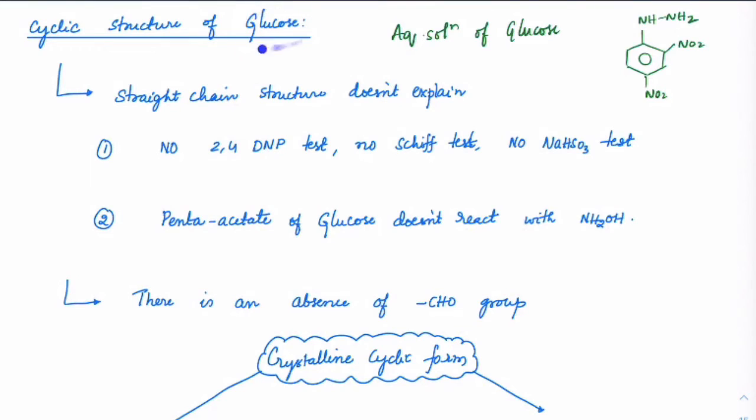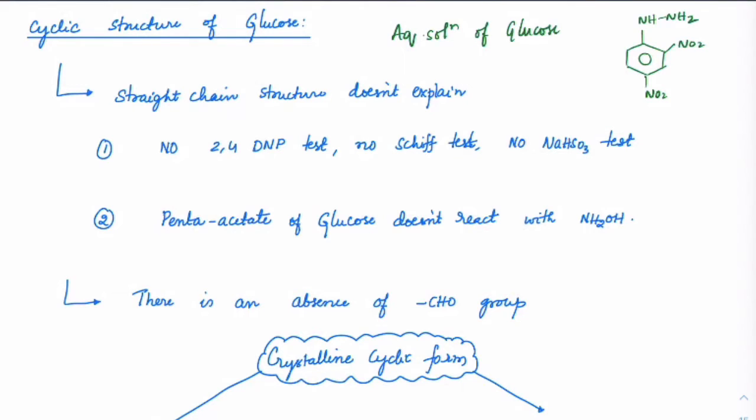Well, glucose does have an aldehyde group, but this test was hardly observed. Okay, I can say almost a negative test. No Schiff test. The Schiff test was the observation for aldehydes. Remember, NaHSO3. This is also for aldehydes and methyl ketones. None of these tests were observed positive. That means there is no colored solution or colored crystals forming with this. There is no pink color turning with this. It should turn into rosy pink, right? That is not happening with this. There is no white precipitate forming with NaHSO3, which means glucose must not be in the straight chain.